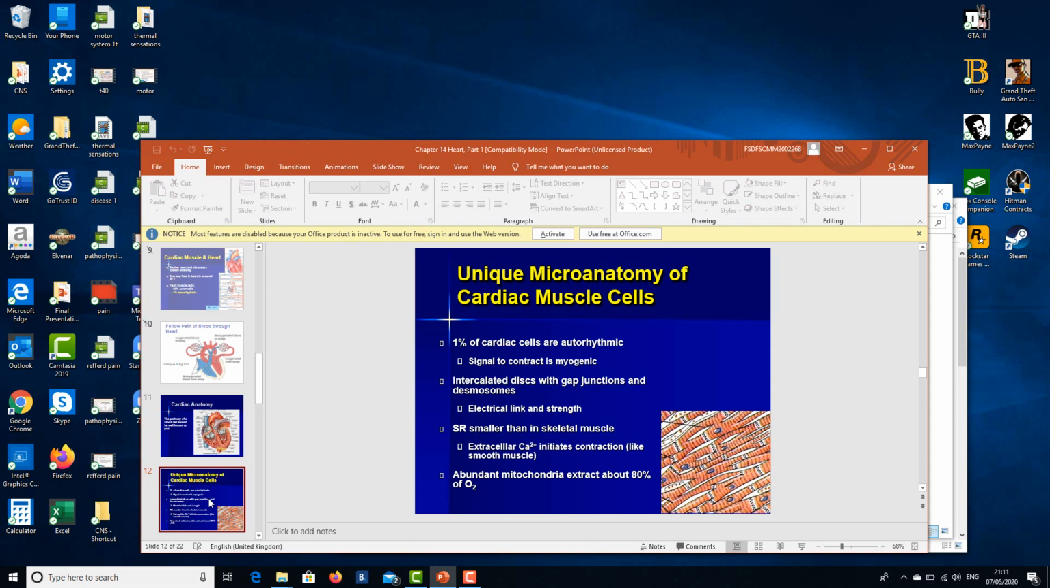And there is presence of abundance of the mitochondria to extract about 80% of the oxygen. Why abundance of mitochondria is over here? Yes, it is required over here because most of the work, it has to contract again and again autorhythmically and is continuously requiring the oxygen. So that's why the abundance